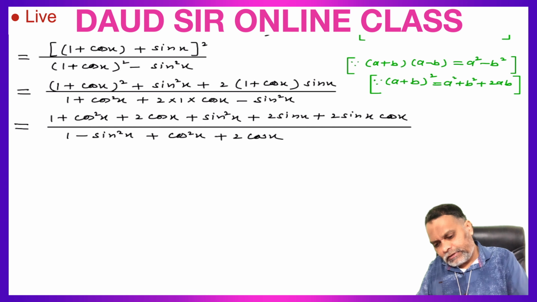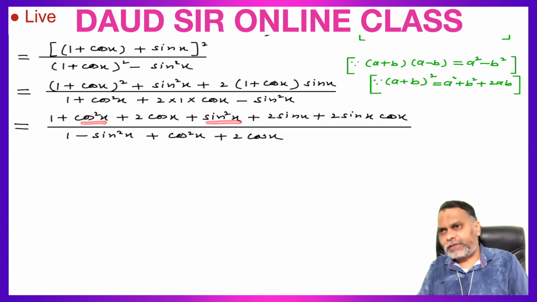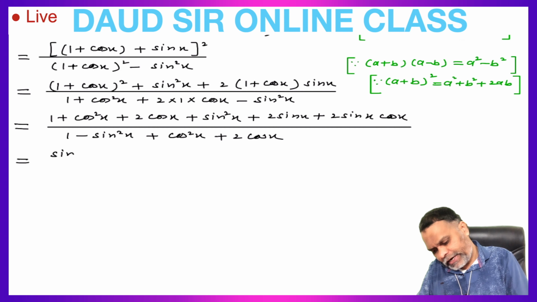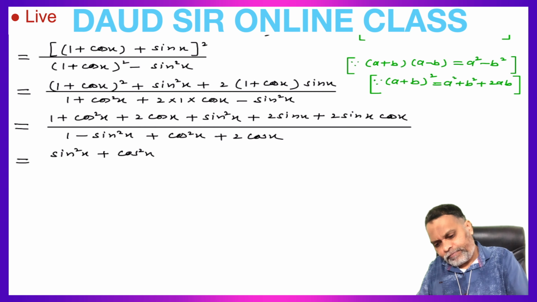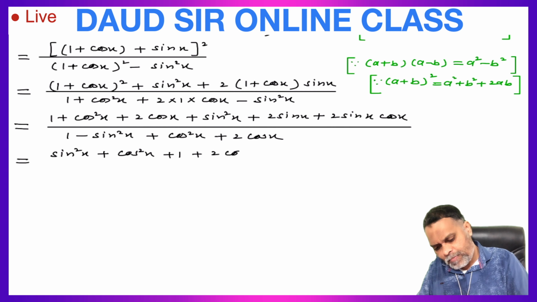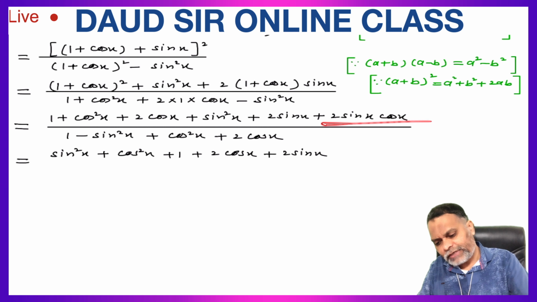Now this sin square x plus cos square x, we can write as one, so write them close to each other. So first sin square x plus cos square x, plus this 1 as it is, and plus this 2 cos x as it is, plus this 2 sin x as it is, and this last term 2 sin x cos x as it is. 2 sin x into cos x, upon,